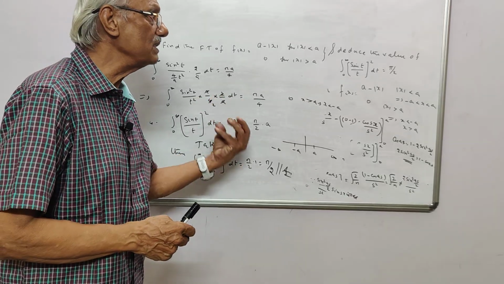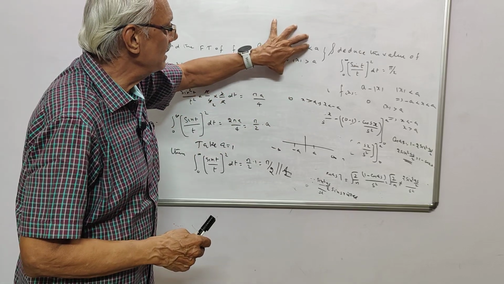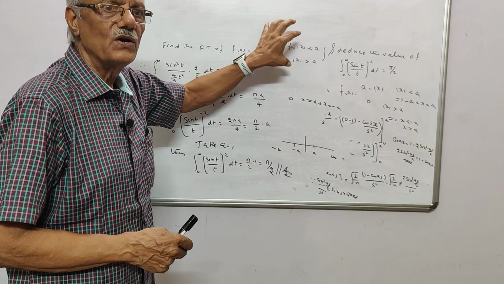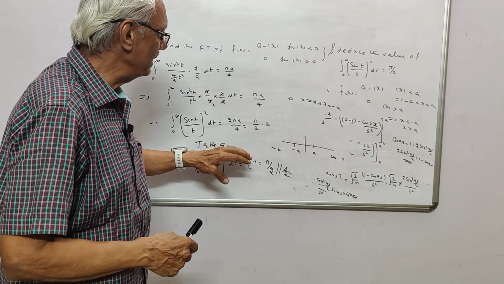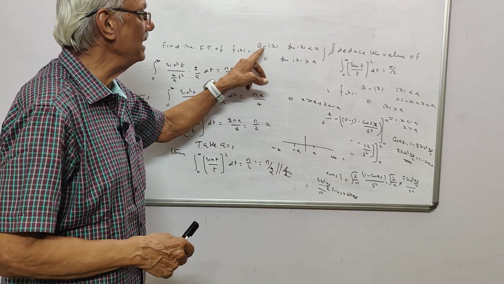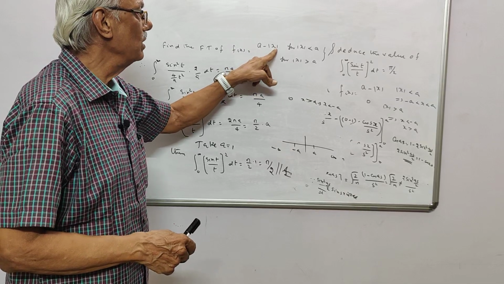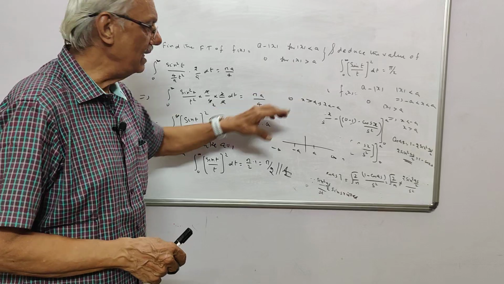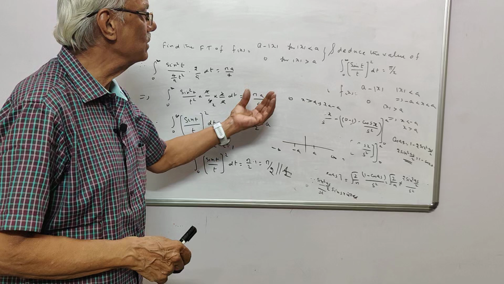You are given the interval where this f of x is defined, from which you can decide f of x taking the value. Here f of x will take a minus root of modulus of x, because in other places it is 0. Then after getting this, you take x is equal to 0,